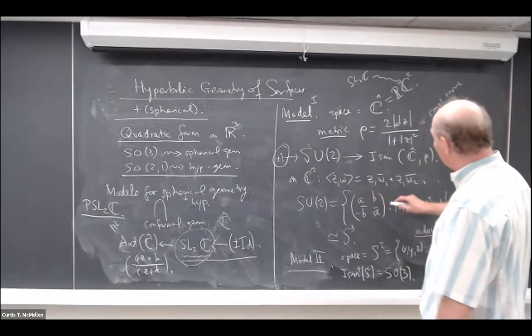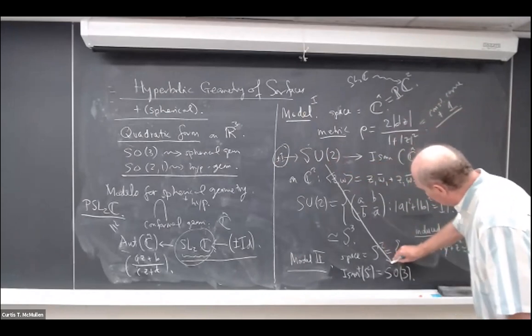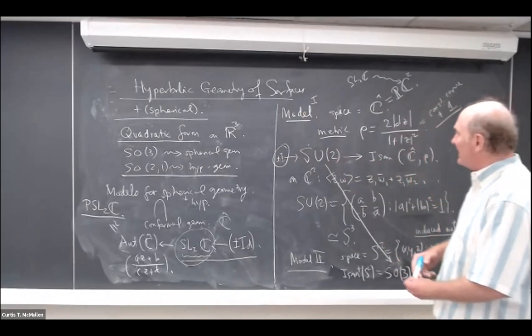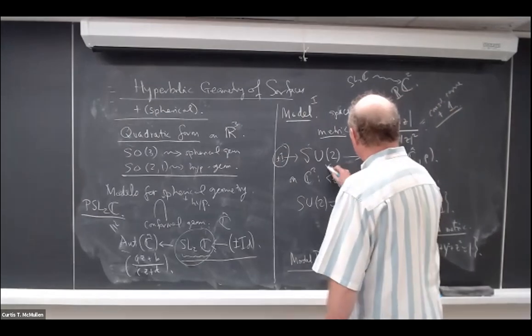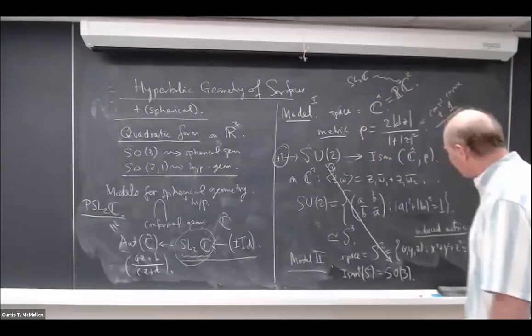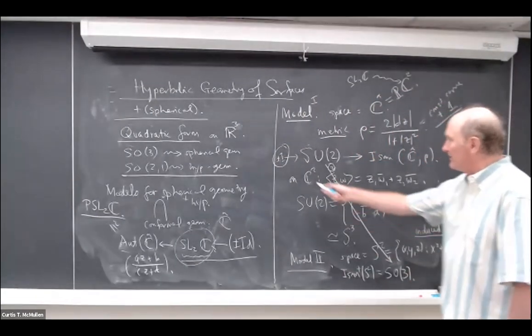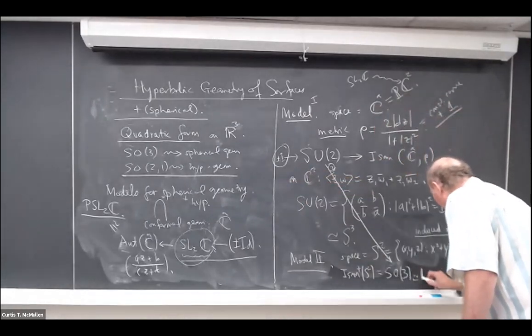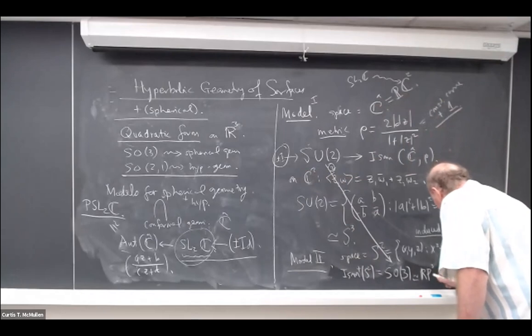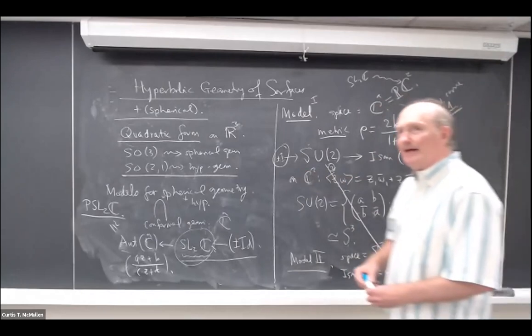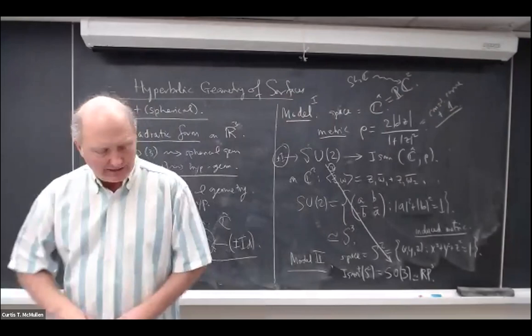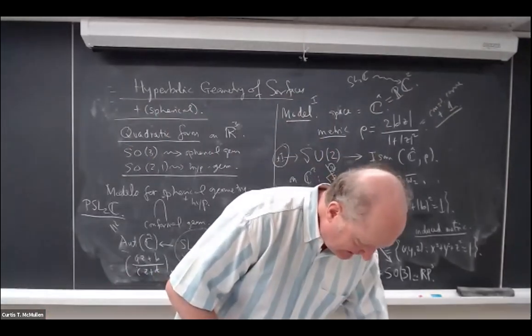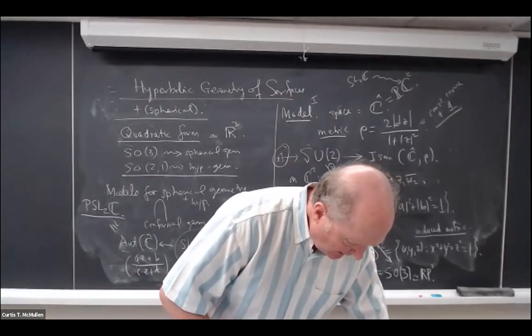So there's a map that goes from SU2 to SO3, and this is a 2-to-1 covering map. This is the actual isometry group. The kernel is plus or minus the identity. And so this space is isomorphic to RP3, since it's doubly covered by the sphere. Okay, so